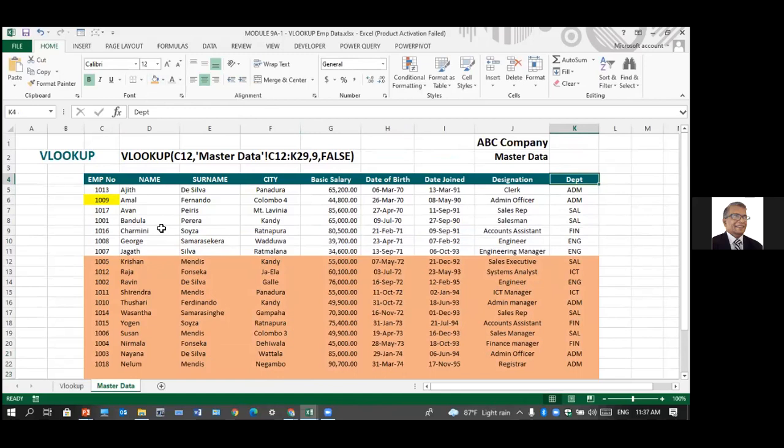This is a very common mistake people make. They say my data is there, but it says not applicable. Why? You must fix the range. You have to fix a range in VLOOKUP. Remember, especially if you are dragging down, and even otherwise, as a practice, make sure that you fix the data range, not the lookup value, the data range. Always fix the data range for VLOOKUP and HLOOKUP, then you're safe.